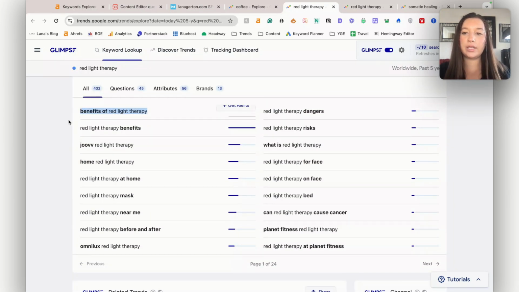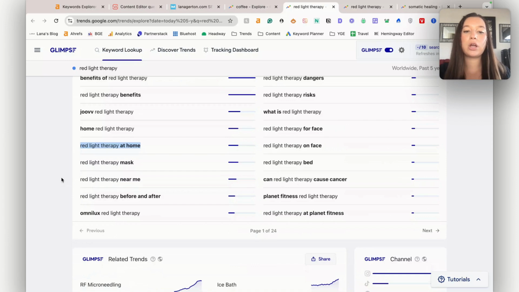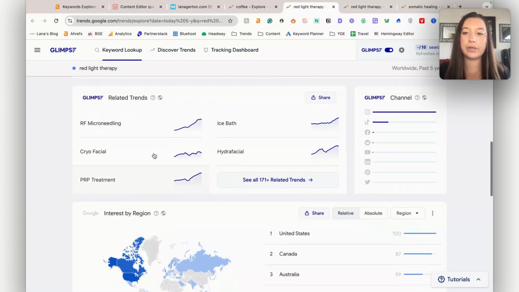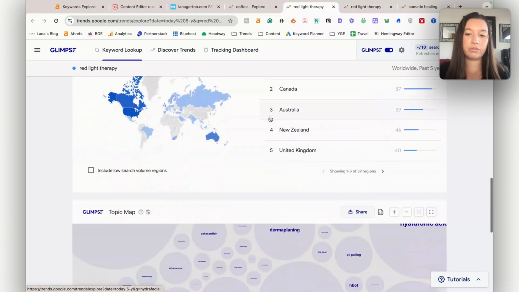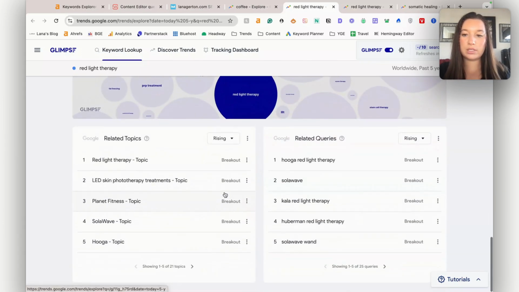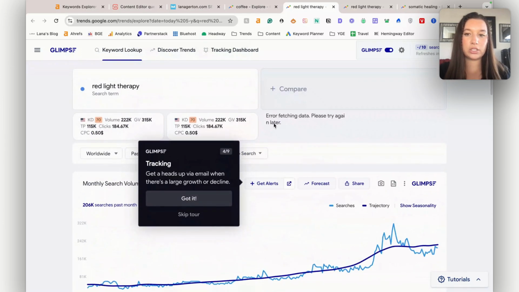So benefits of red light therapy mask, red light therapy at home. Okay, so if you sell like a red light therapy product, then this would probably be really good. And then it also brings you to related trends too. So hydrofacials, etc. So this is a great one to potentially start